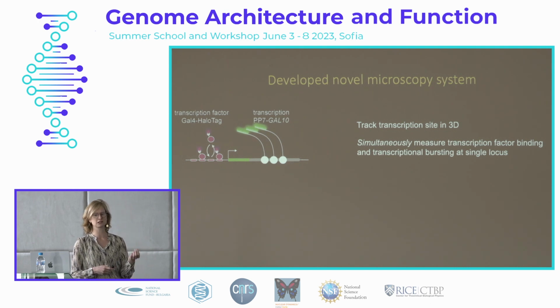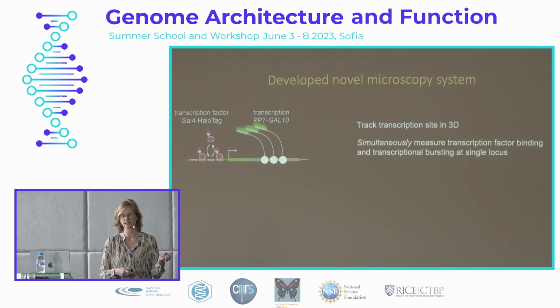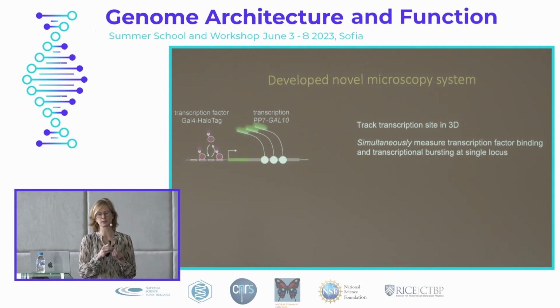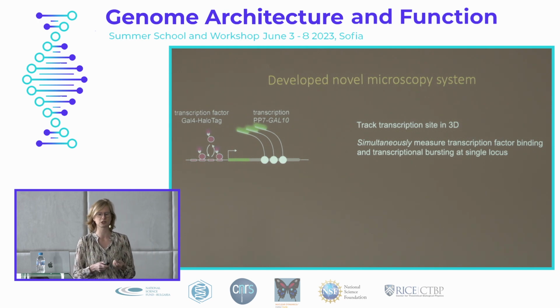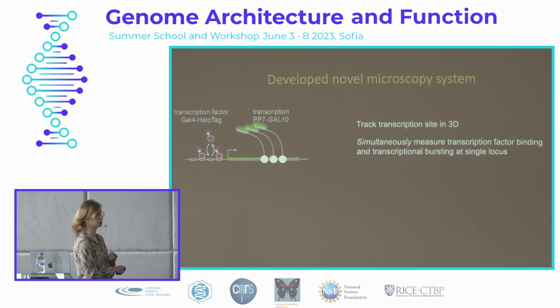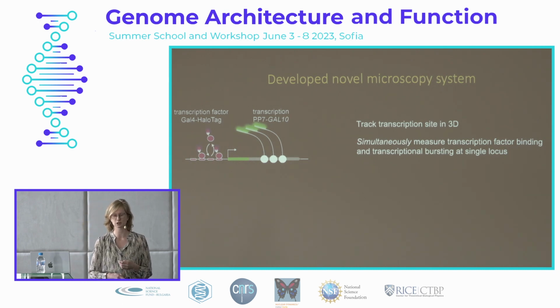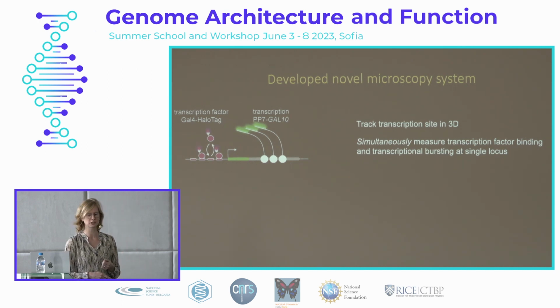And then we'll simultaneously measure the binding kinetics of transcription factor molecules to this locus, and then we can see what the functional effect is of this binding on transcription activation in the single cell. We use the GAL genes in budding yeast as a model system. So we label the transcription of the GAL10 gene. This gene has 4 binding sites, and there are only a few target genes of this transcription factor, GAL4. So we hope that we can see a lot of binding of transcription factors to this locus.